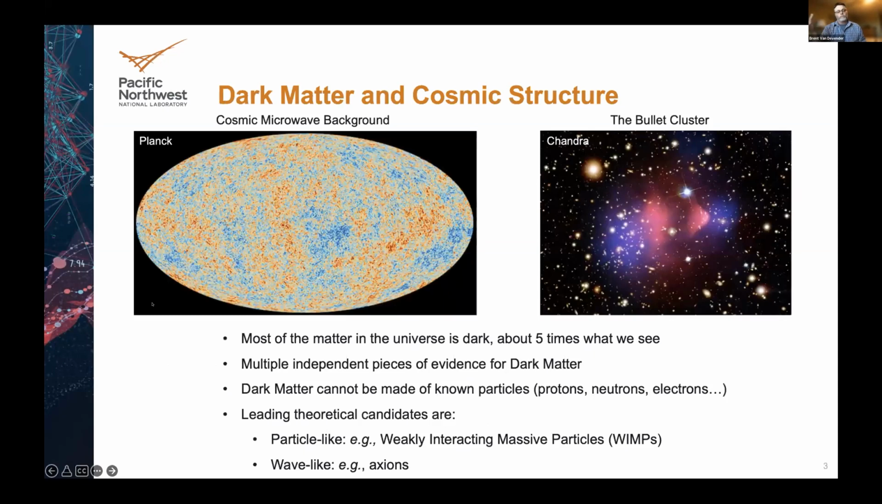So most of the matter in our universe is dark. There's about 5 times more dark matter than what we can see in stars and galaxies. There are many independent pieces of evidence for it. You can actually see it. It leaves a special kind of imprint in what we call the cosmic microwave background radiation. The plot on the left is the temperature fluctuations of the microwave glow of the universe. More intuitively, you can see it on the right plot, and this is an image called the bullet cluster, where